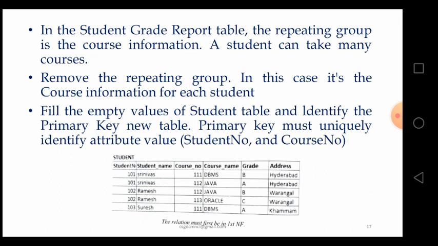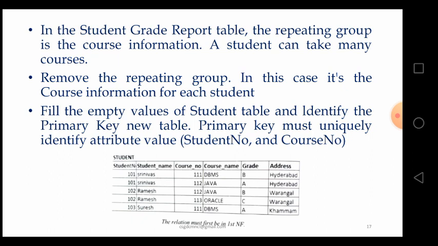Removing the repeating group, in this case it's the course information for each student. Fill the empty values of the student table and identify the primary key in the new table. The primary key must uniquely identify attribute values, like student number and course number shown in the table.